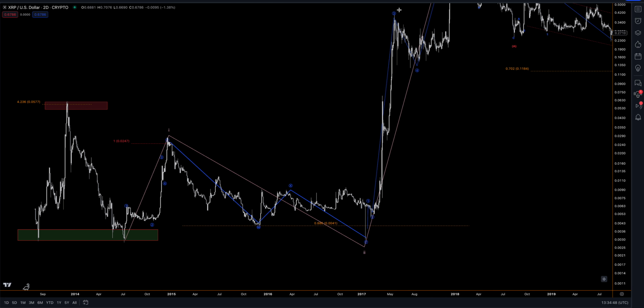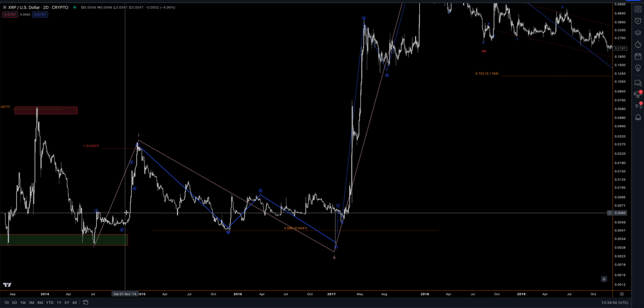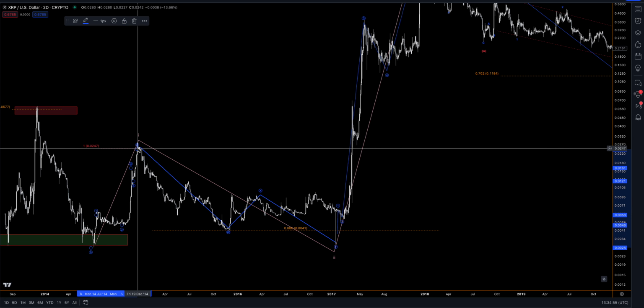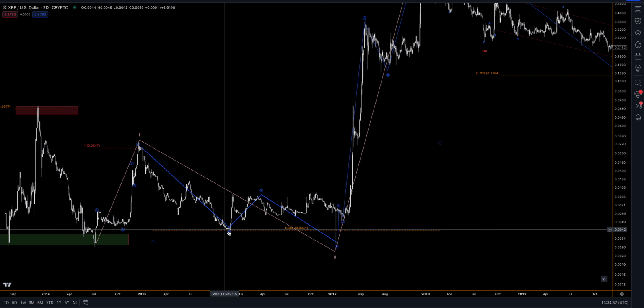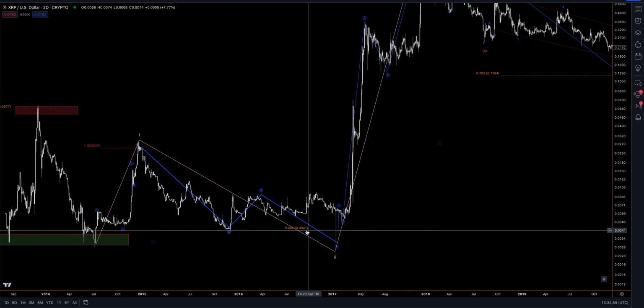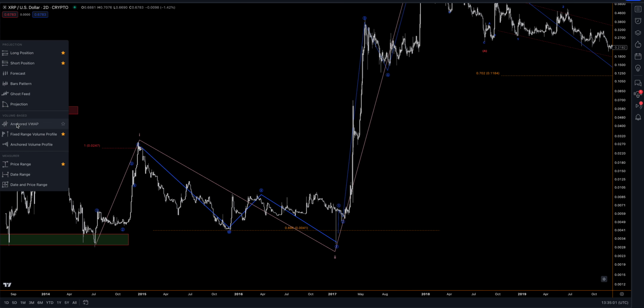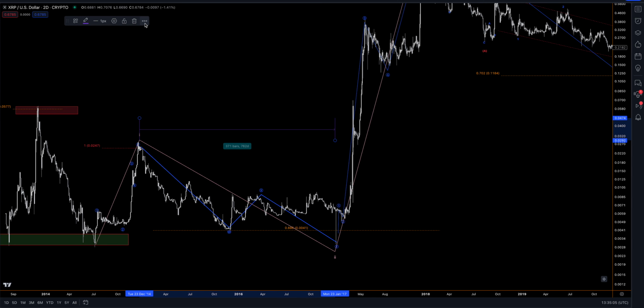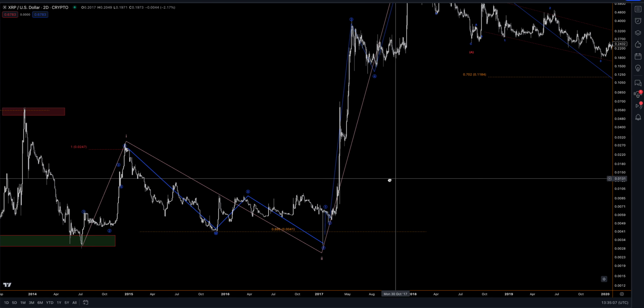We then start our impulsive structure to the upside, so we have a 5-wave move up to create your wave 1 up to the 100% fib. We then have a WXY correction down to the 88.6% fib, lasting over 762 days before we start our